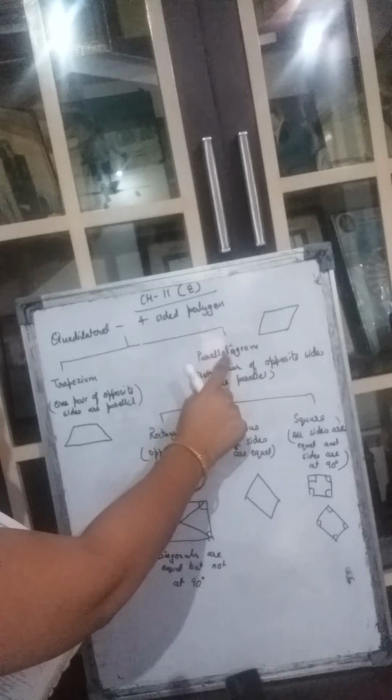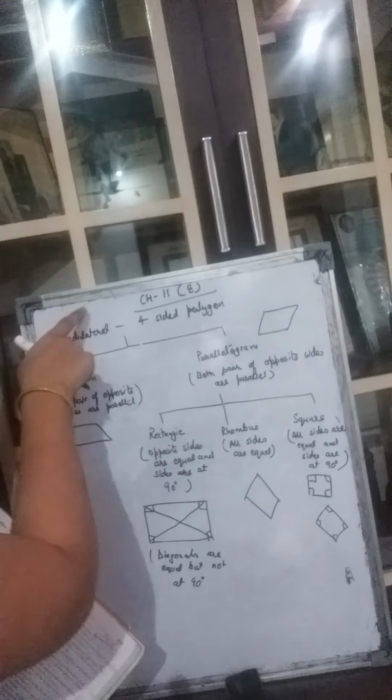Then fifth one, all rectangles, squares and rhombus are dash but a trapezium is not. All rectangle, rhombus and square, they are what? They are parallelogram. But trapezium is not a parallelogram. So the answer is parallelogram. Now we come to the third question. Determine if the given statements are sometimes, always or never true. Sometimes true, always true or never true.